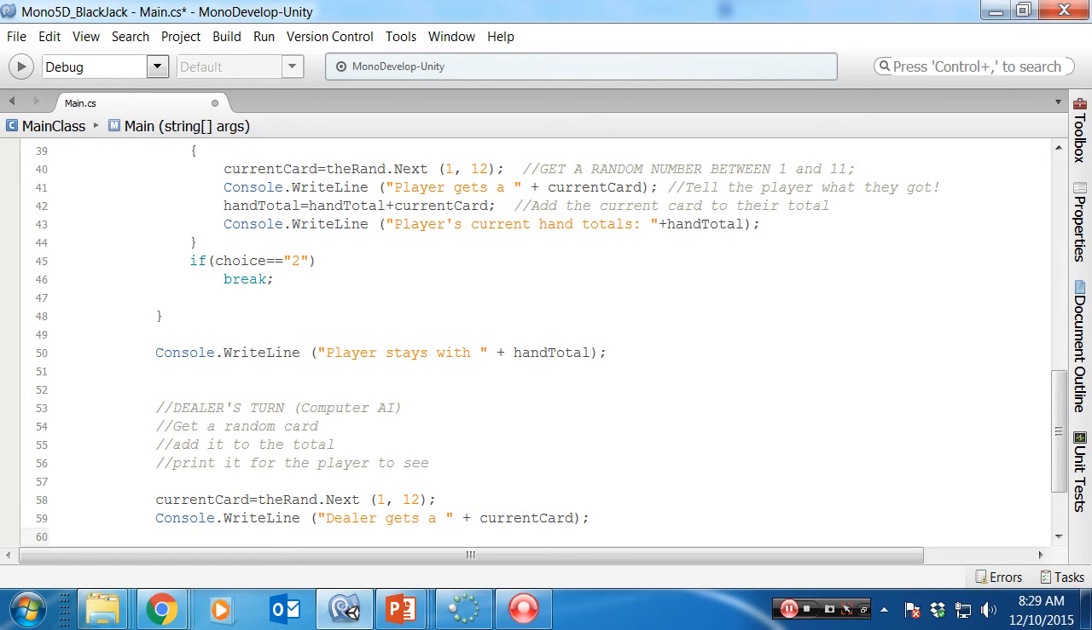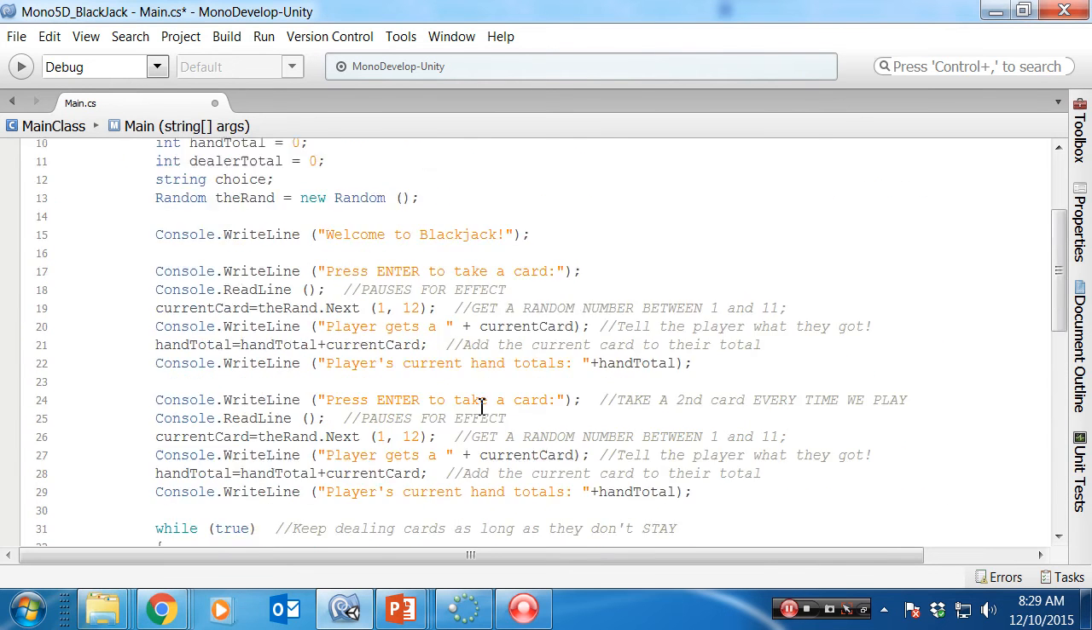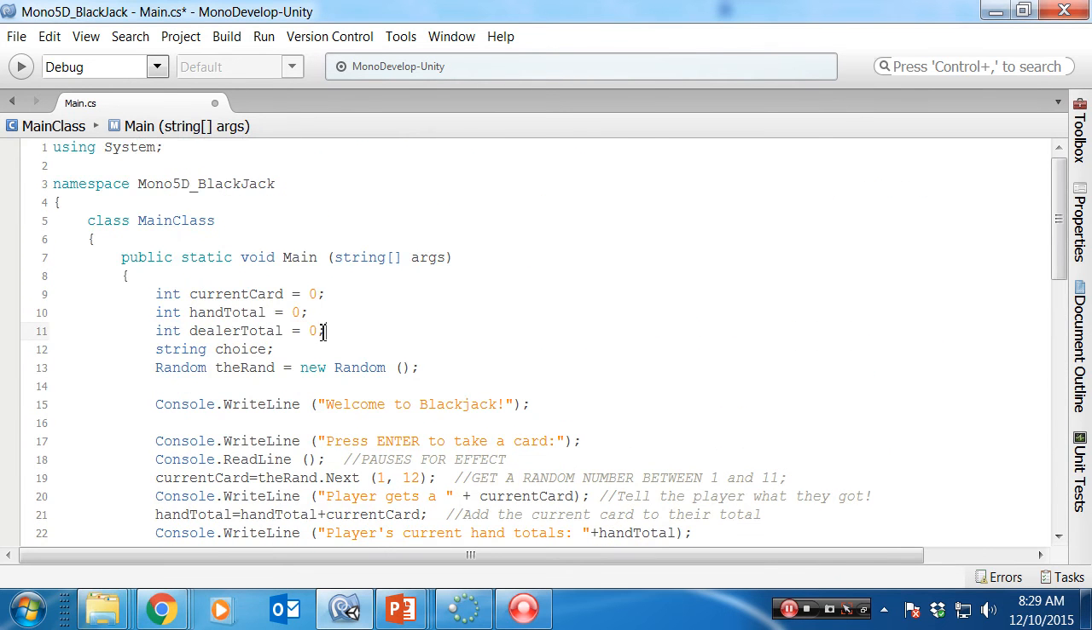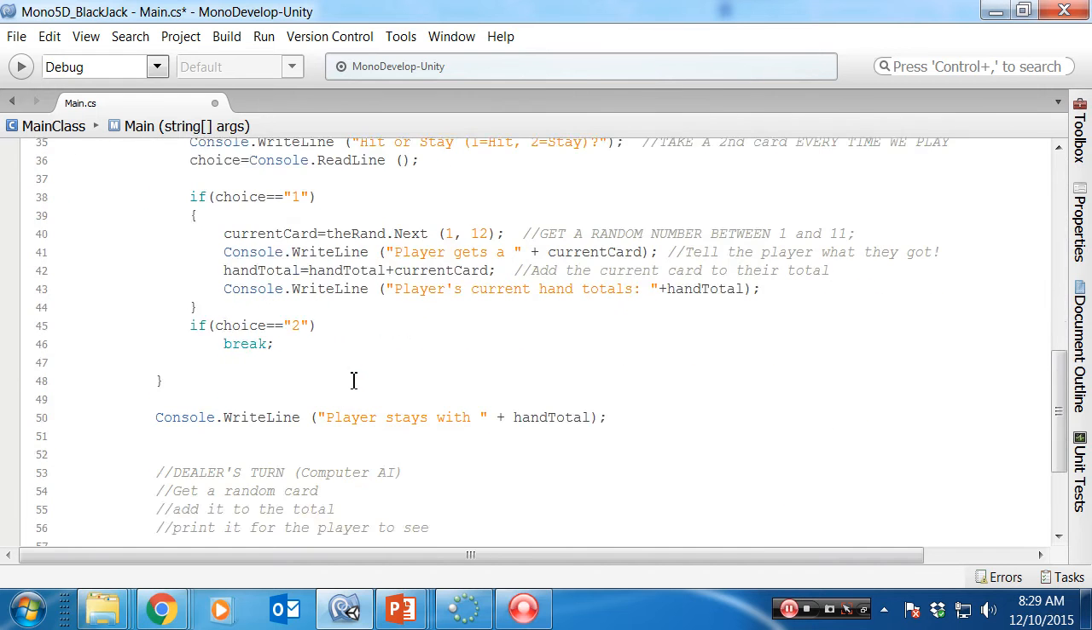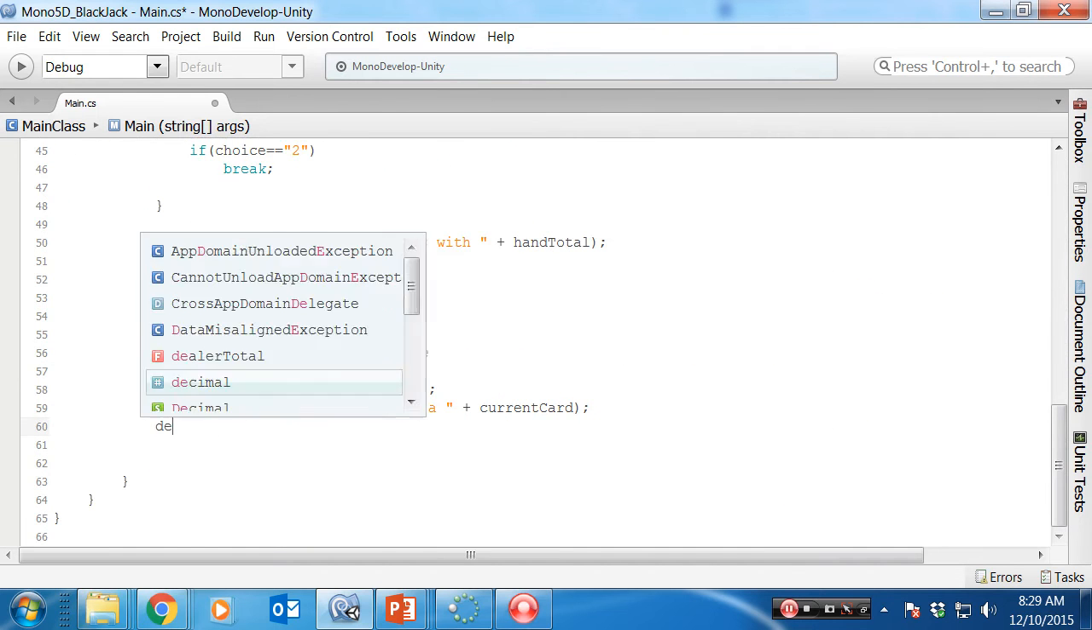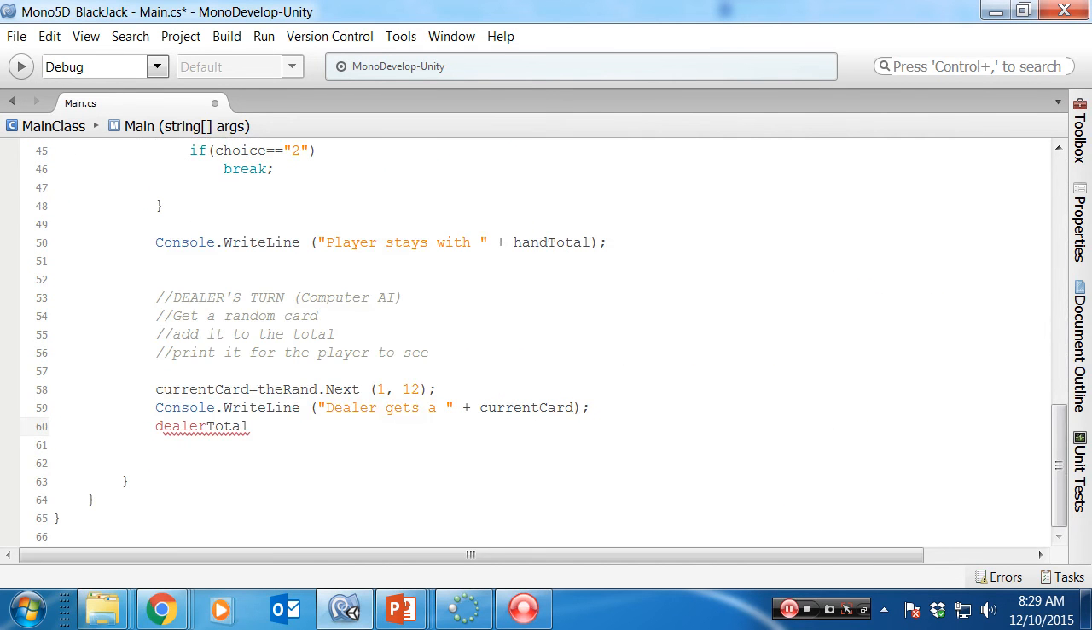Now we haven't added onto the total, the dealer's total. So do we have a variable for the dealer's total? Yeah, we do, right there. I just made it. So dealer, and I can hit tab. Dealer total equals not just the card. On the first time, I guess it is the current card, but let's just do it plus equals